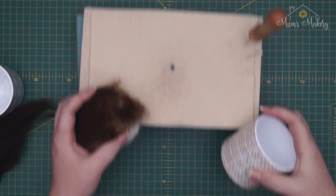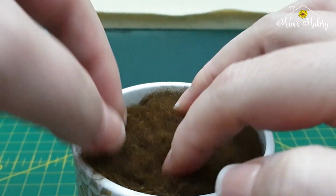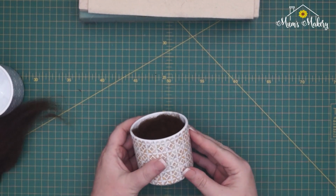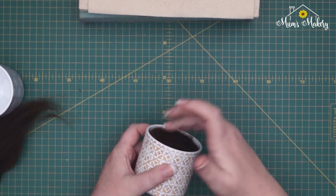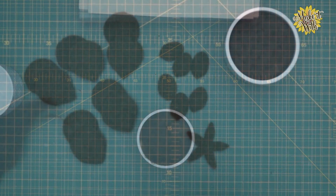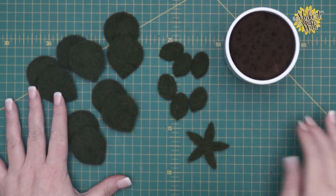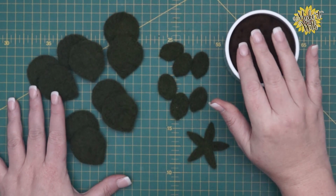Right, let's see how that's looking. Pretty good. So there we go. That's our simulated dirt in the pot. And now we're all ready for potting our plant. Here are all my parts finished and ready to go. I have my pot of fake earth,